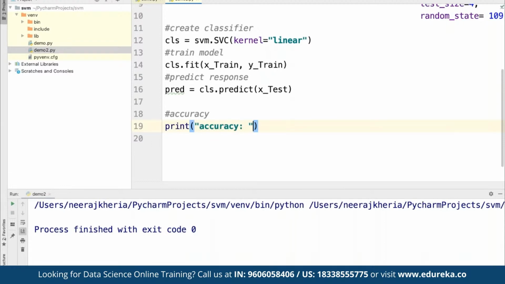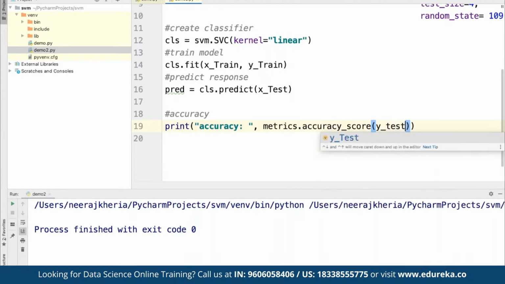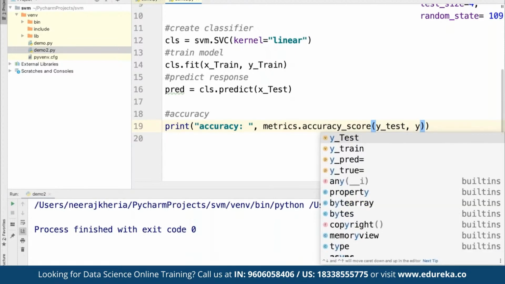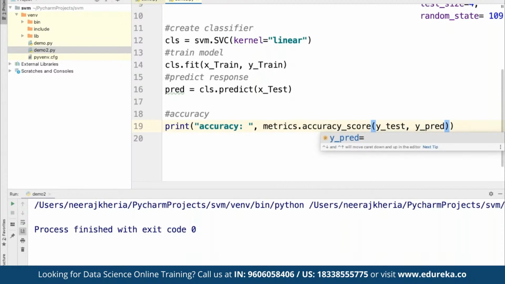For accuracy, we define metrics.accuracy_score, which is available under the metrics library. And then we define y test and y prediction that we have defined.